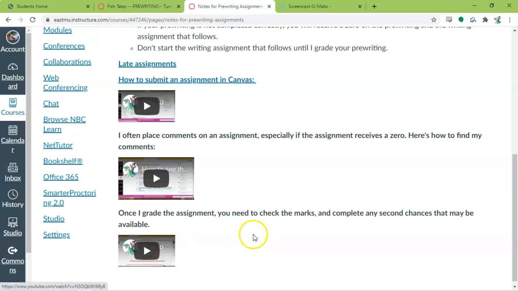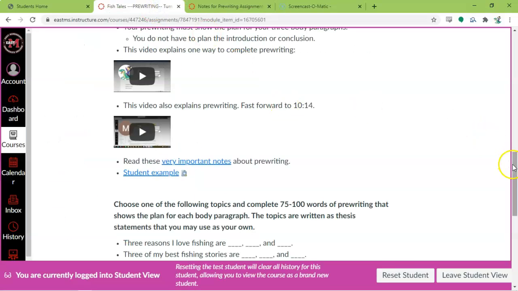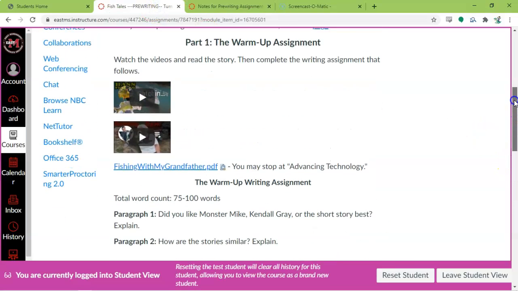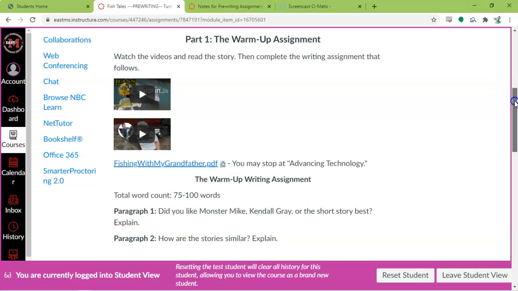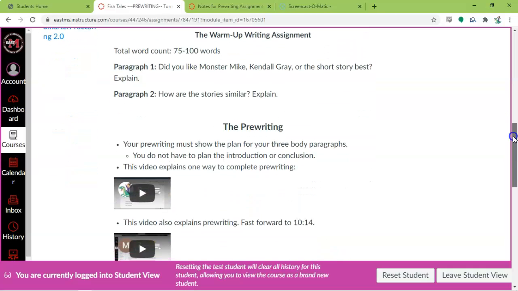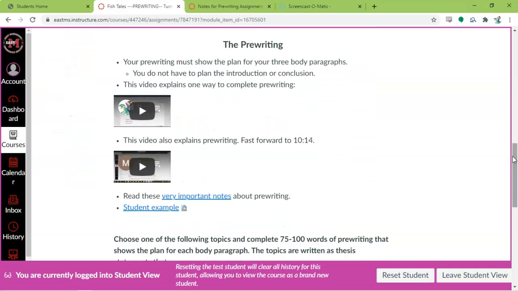So you always need to check your marks. Even if you get a 100 on your fishtails warm-up paragraphs, that doesn't mean that there aren't grammar errors there, okay? So go in and check your grammar errors so that you can start learning and start fixing those grammar errors.